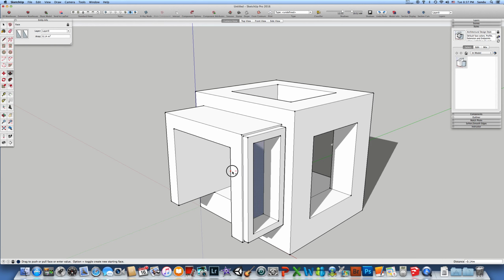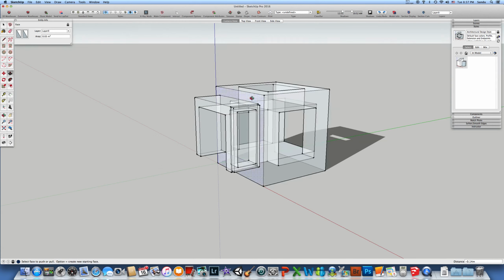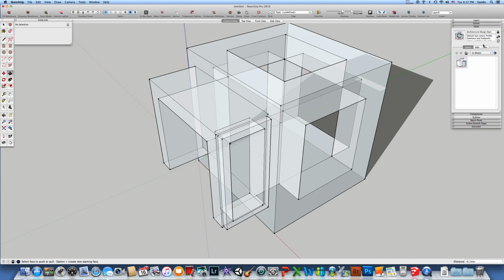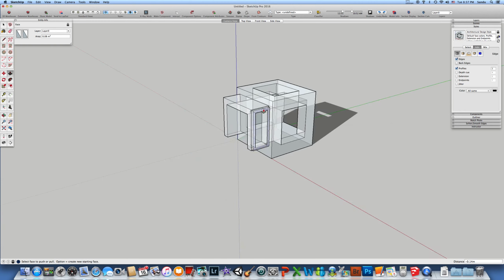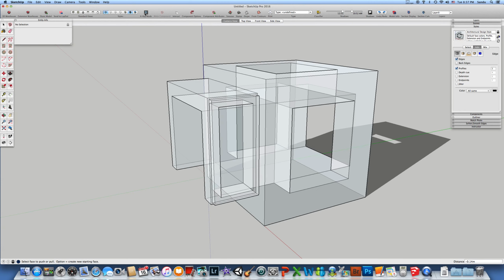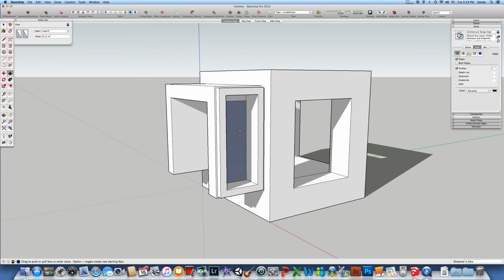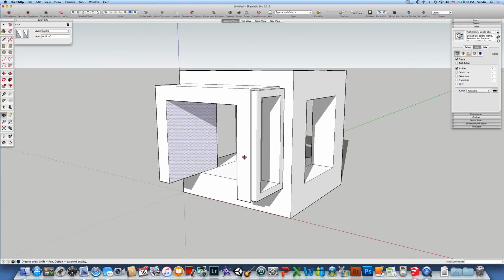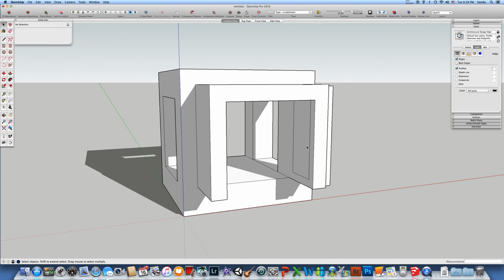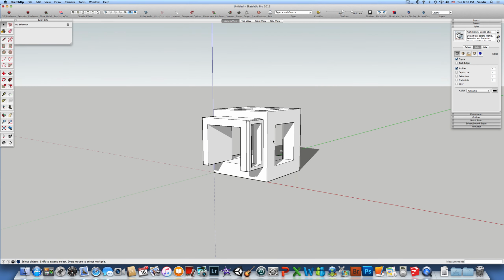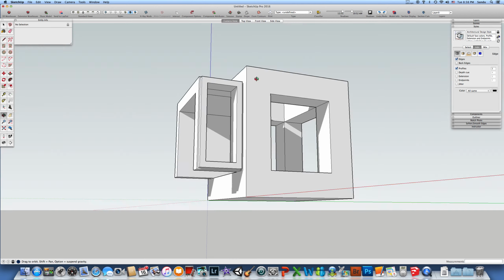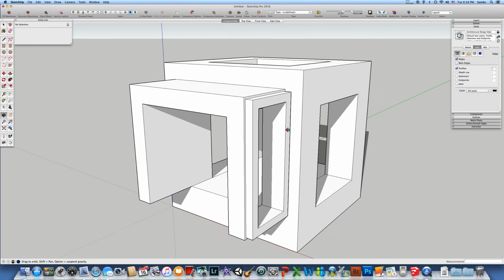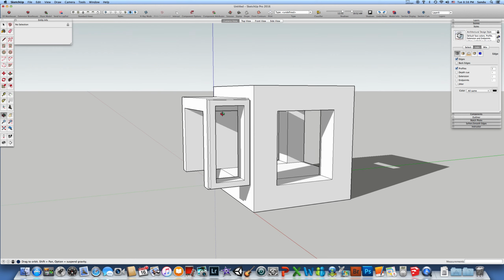So here is how you build it. I prefer to use the X-ray mode so you can see all the lines, and usually I take the extension out, and the endpoints too, so I can have a clear end of the lines. So here is how you use the offset tool. It's going extremely fast, and it's really good when you build things in 3D. So it's a very helpful command, and hopefully you're going to use